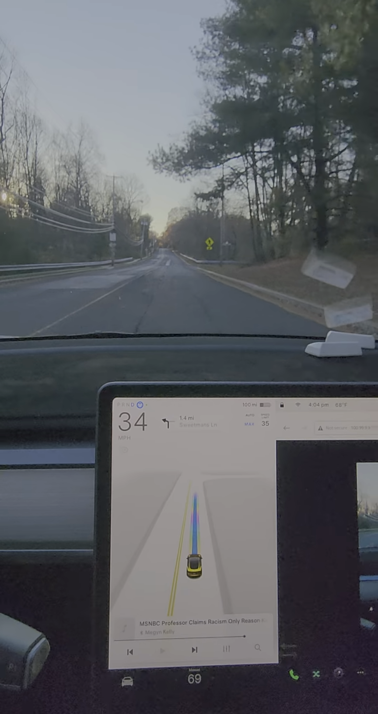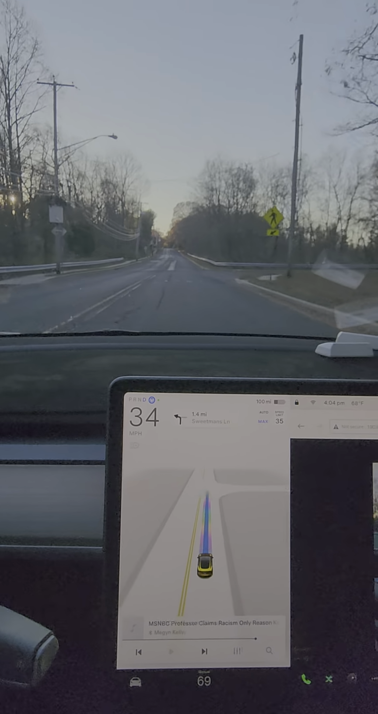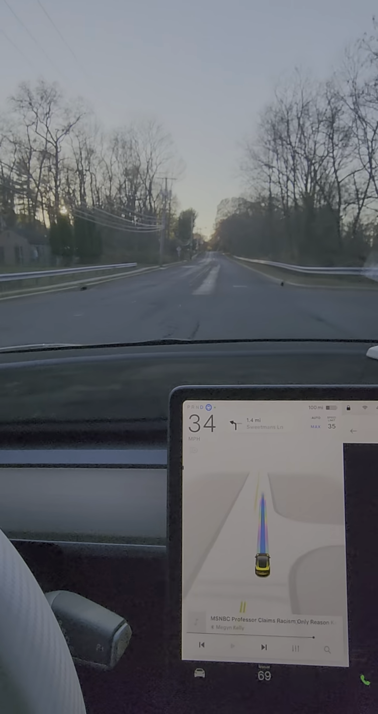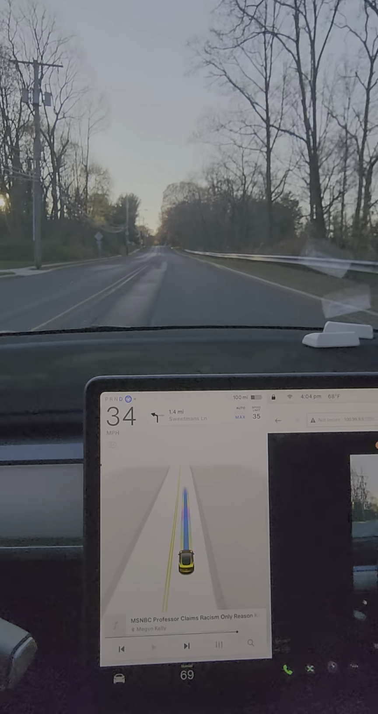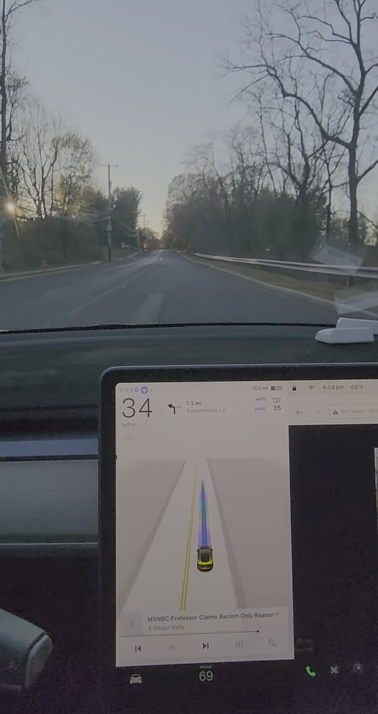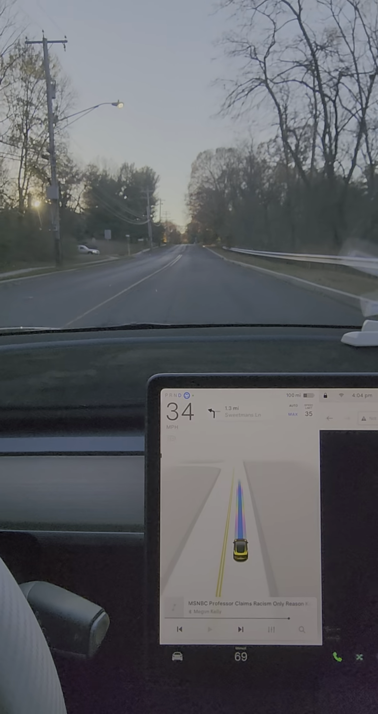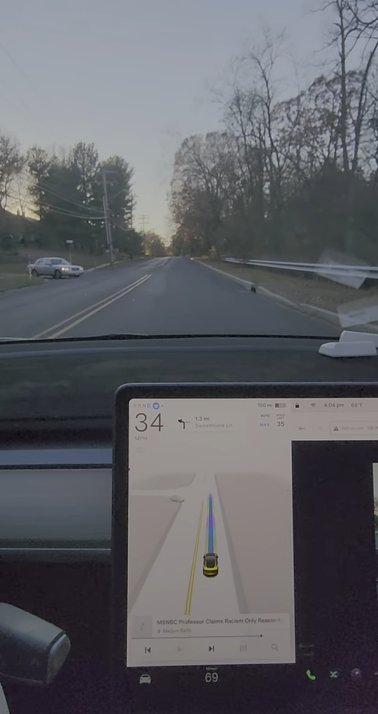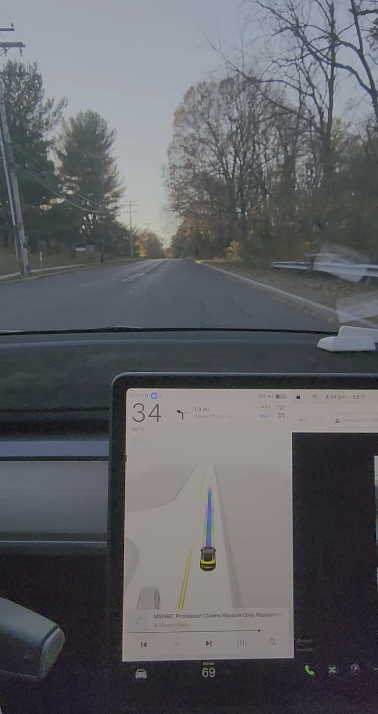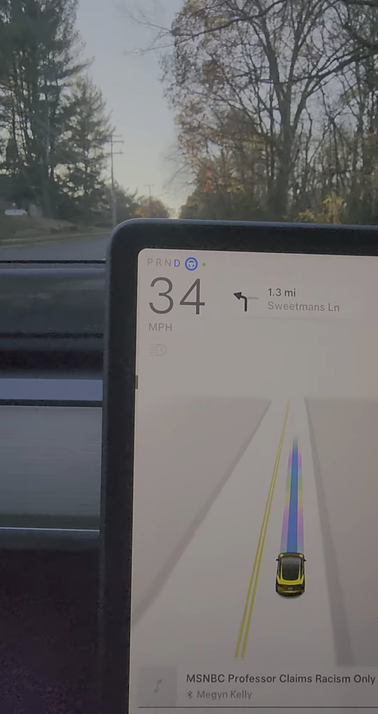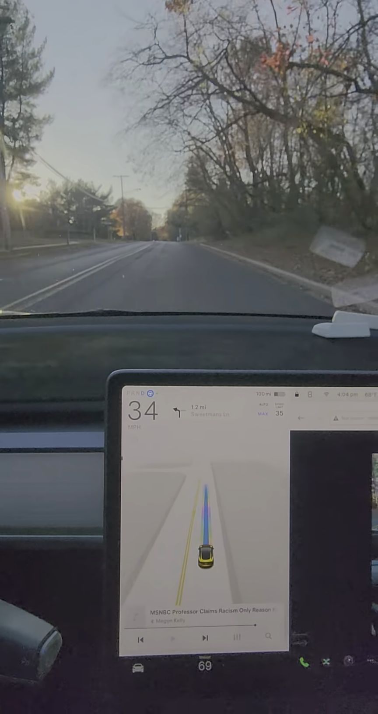So right now we're just dealing with some high shadowing. And also you can see on the left-hand side that the sun is veering over. We're doing 34 right now in the 35. But as we're driving along here, the biggest thing is we're coming up on a little bit of a hill. You can see that the car's trying to go a little bit faster to go up the hill, which is